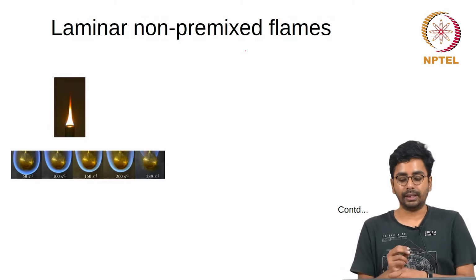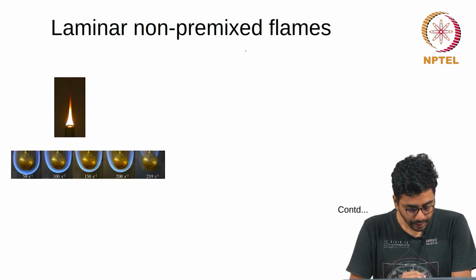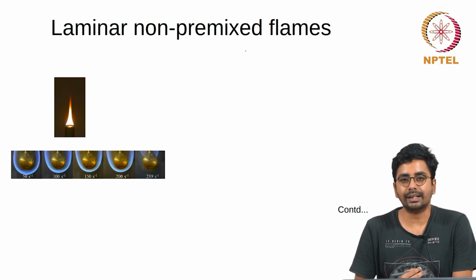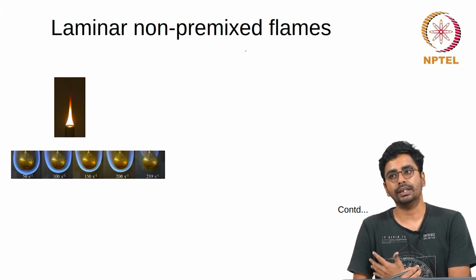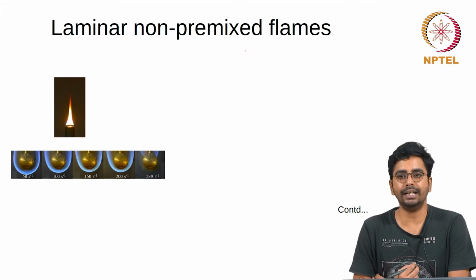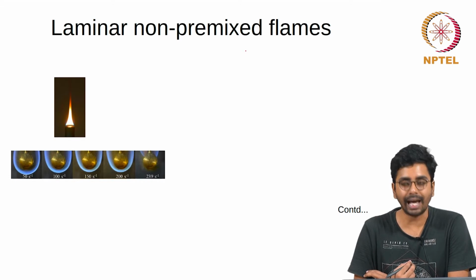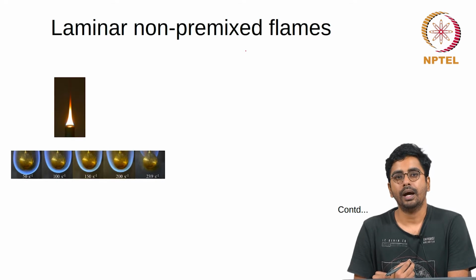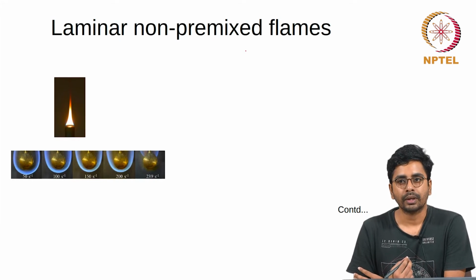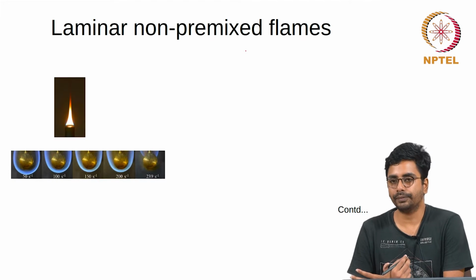Let us move on to laminar non-premixed flames. Unlike premixed flames, where we could clearly show that the quantity that matters the most is the laminar flame speed, and it can be in a very simple way directly related to the average reaction rate, unlike that, in non-premixed flames the consumption rate of the fuel is a complex function of many